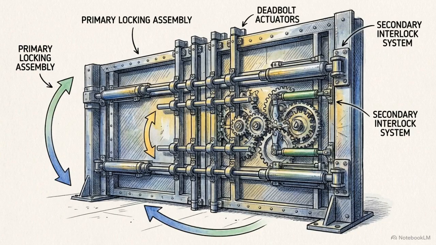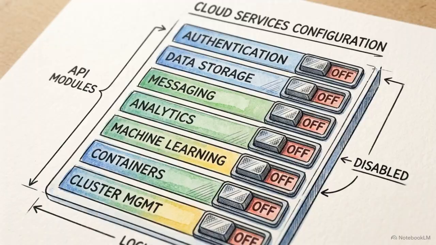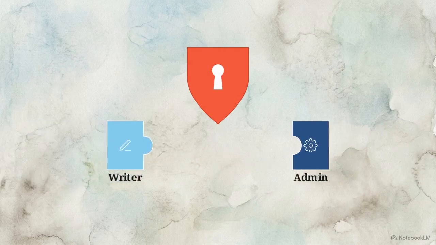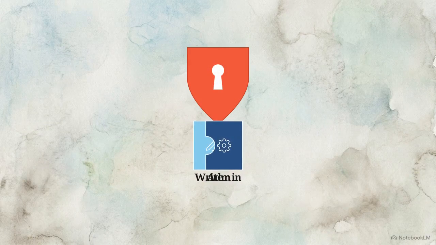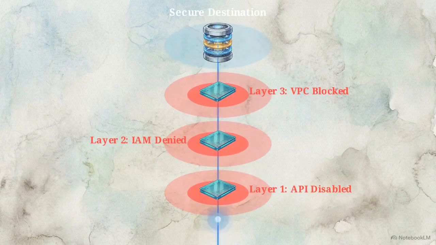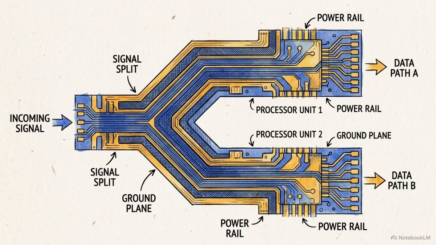However, moving an image into this vault requires navigating GCP's Identity and Access Management, or IAM. By default, the cloud is locked. Every API is disabled. Every access request is denied until explicit permission is granted. To push the image, you must assign the artifact registry writer and administrator roles to your account, providing the explicit authorization the system requires. In an enterprise environment, your code is only as useful as your ability to navigate these security and permission layers. Once the image is in the registry, you must decide which compute model fits the workload's